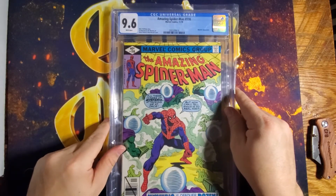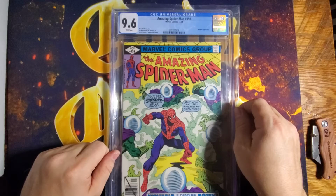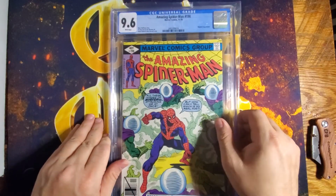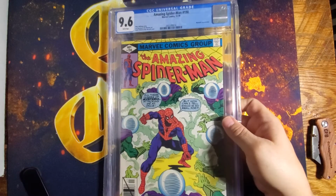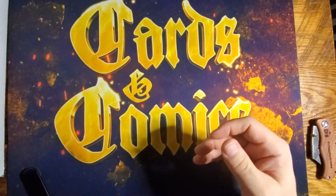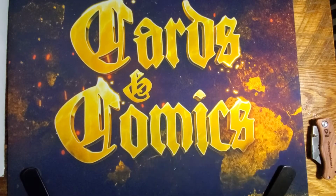Spider-Man 196. I just like the book. I'm putting the full run of Spider-Man together. And so here's a 9.6 from the 70s, even though it's 79, but hey, it's still 70s. And it's got a cool Mysterio. Next up,